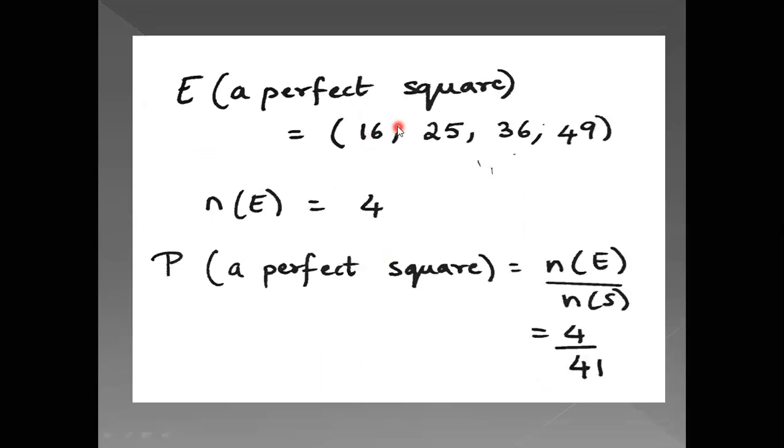Now the next one, a perfect square. You can see the numbers which are perfect squares between 10 and 50. How to list these down? You can just say 1 ones are 1, 2 twos are 4. But cards 1 to 9 are missing, so you can't take 1. So what you do is just list it down. You can just write the square table. 1 one is 1, 2 twos are 4, 3 threes are 9, and 4 fours are 16. Now you understand that cards 1 to 9 are omitted, because they are not there in the sample space. That's the reason you don't have to take them. So this gets cancelled.